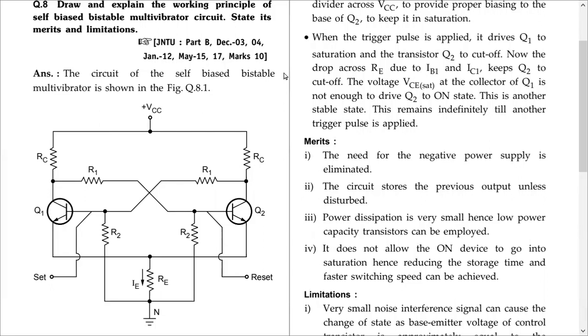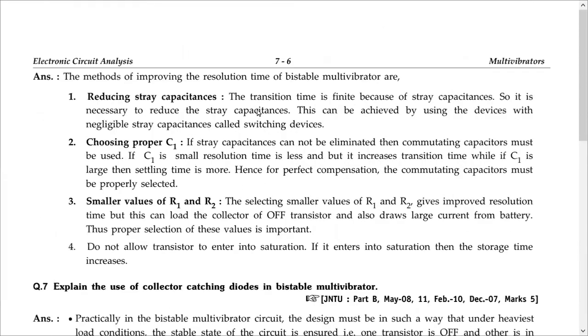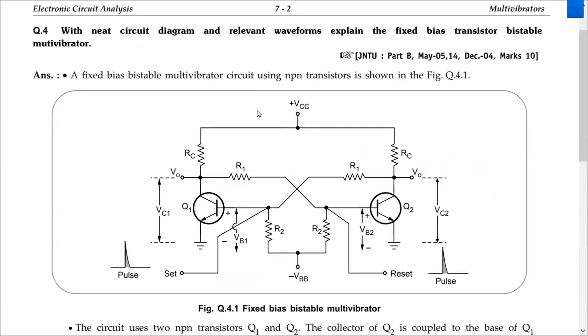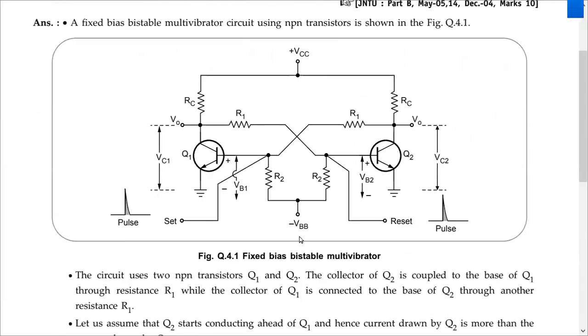So what is the reason? First let us discuss why we are using multiple sources. Then we can understand how to eliminate the multiple sources and use a single source. So why are we using multiple sources here? The minus VBB, it is like this actually. The positive voltage is connected. For example, let us take this path.